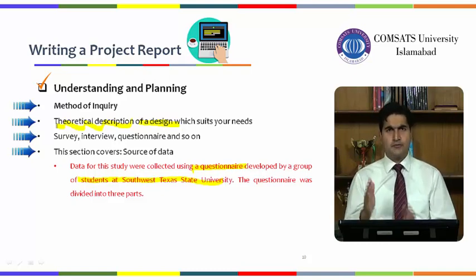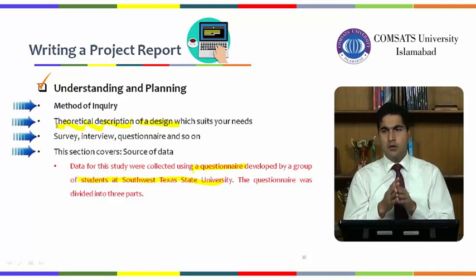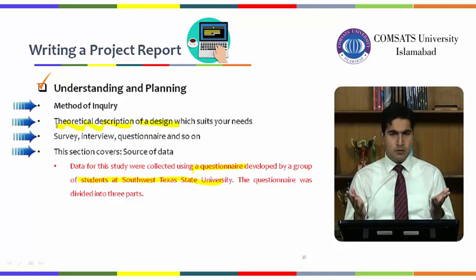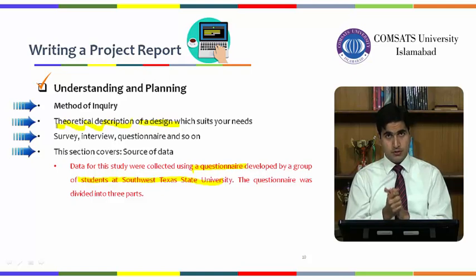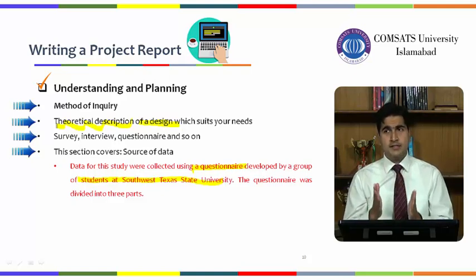And the last section of that questionnaire was simply to get a demographic profile: how many people were there, what were their ages, how many boys, how many girls, and from which area. So it was all about demographics. This is how the questionnaire was structured and designed, and its theoretical description should be there,